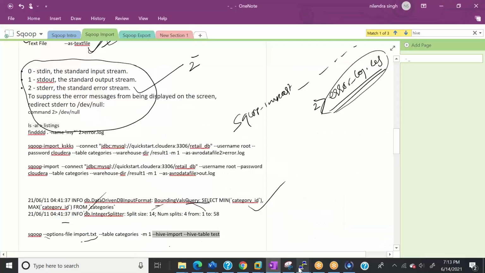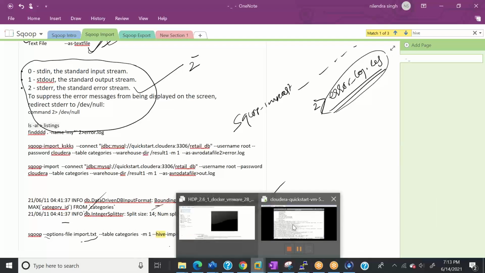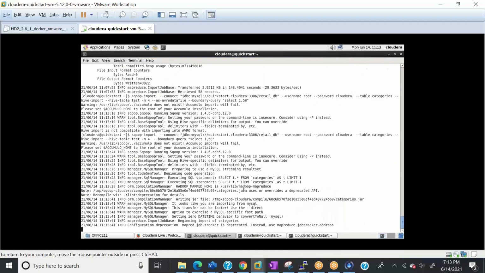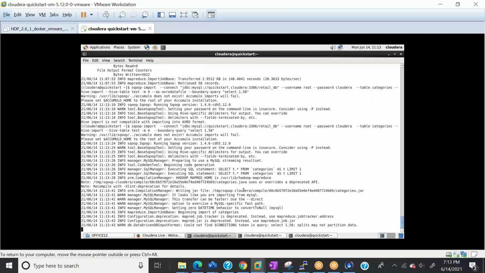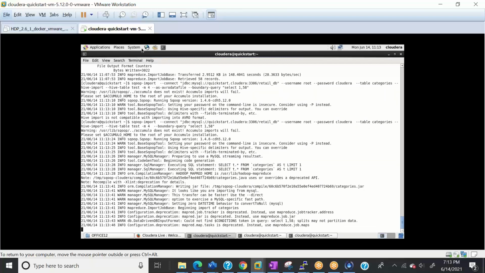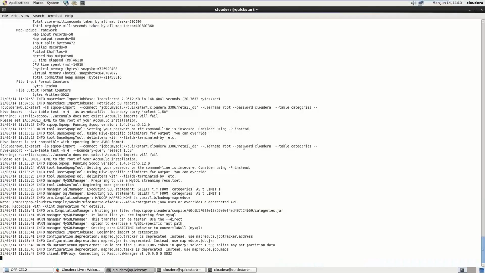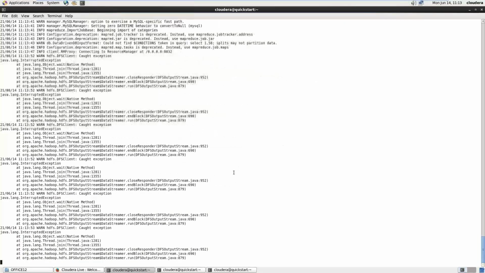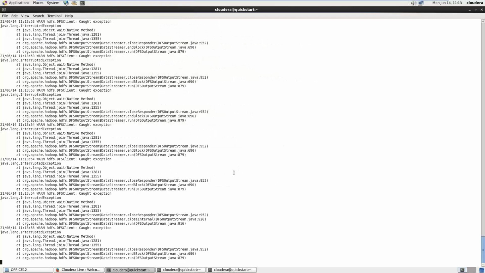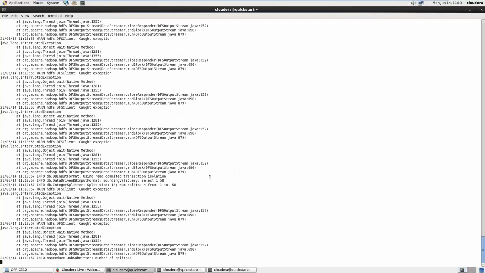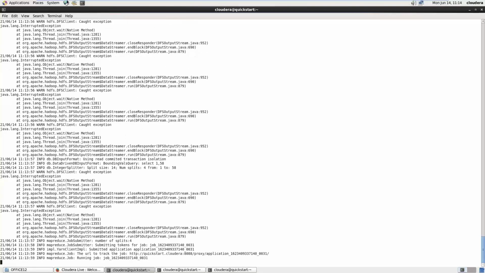Can you please zoom in the terminal? Yeah, let me try. How to zoom it? Any idea, guys? Like this. You can do it near the terminal. It's fine now. You can just zoom in using the terminal, and the terminal will have options on the top.